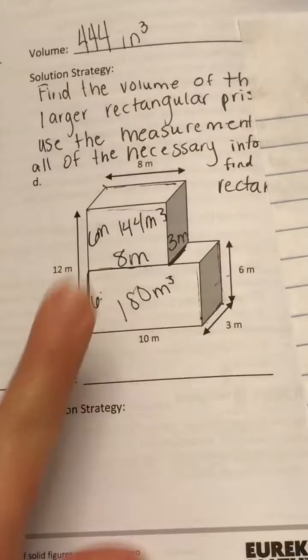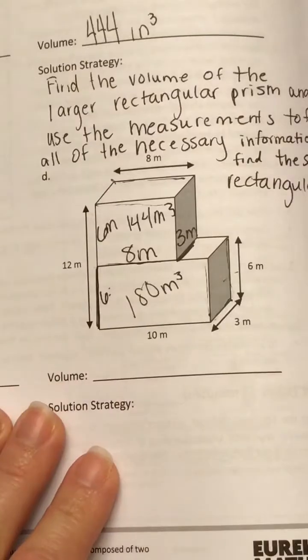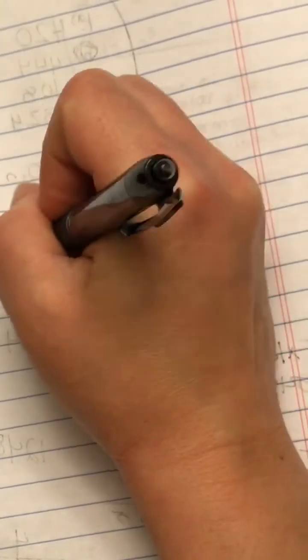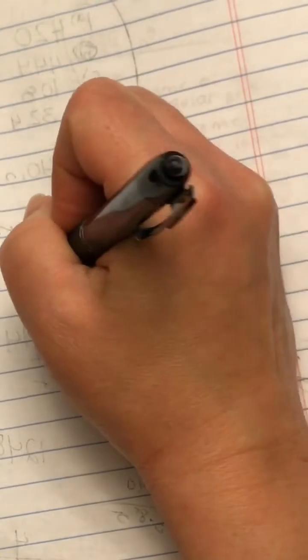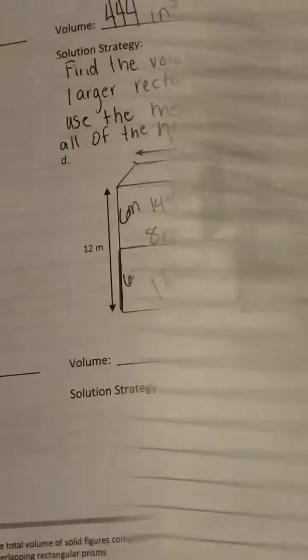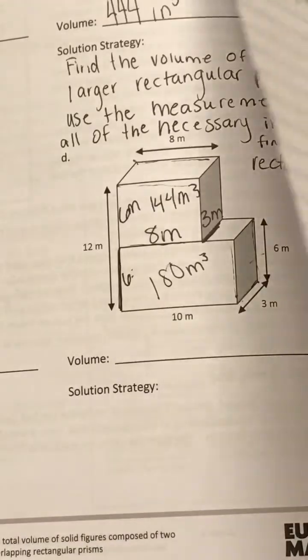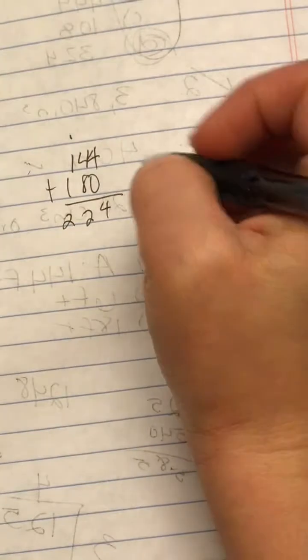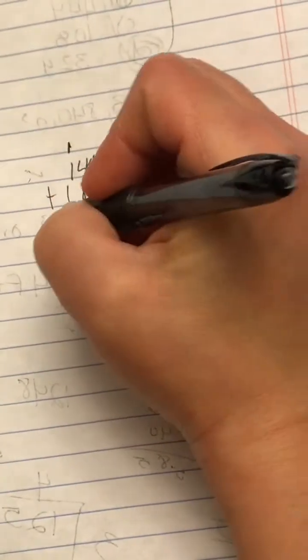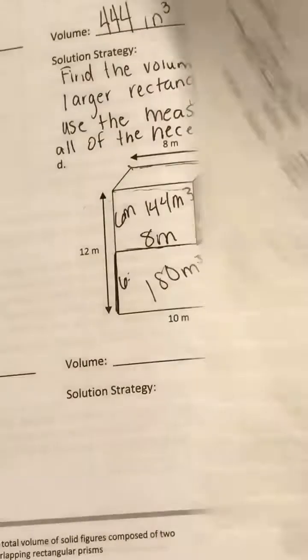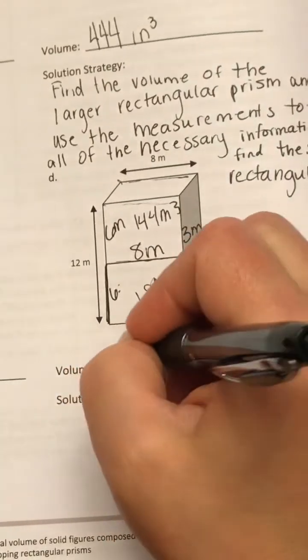So I have the top and I have the bottom. So I need to add those together. So I have 144 plus 180. And I should have, oh, look. I was going to say, that does not seem right. I didn't carry my 1 there. Sorry, kids. It's been a long night with these sick girls. So 324. So my volume is 324 cubic